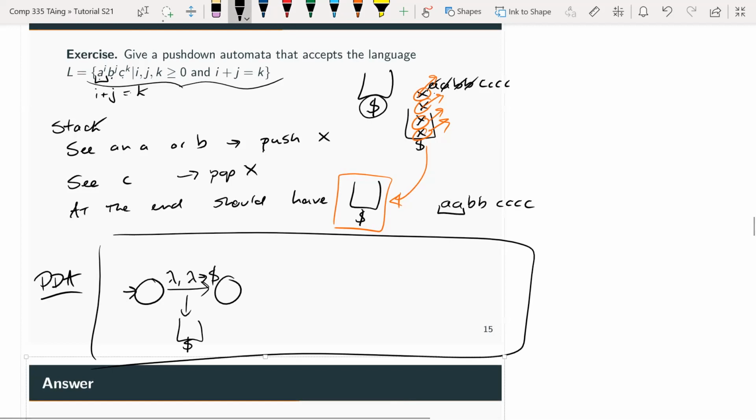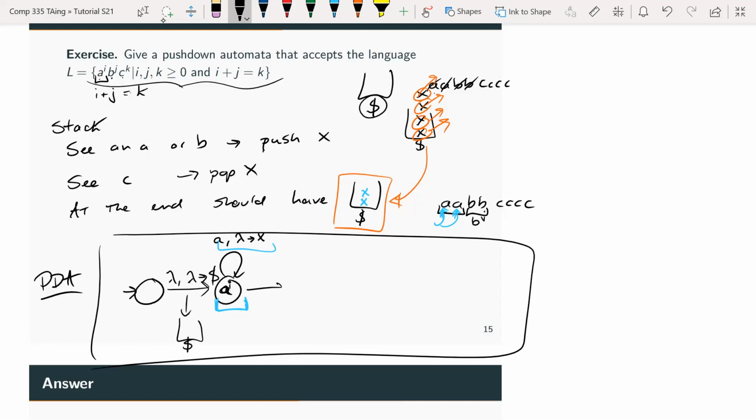So this state is going to be used for A's. I'm going to read A's, and for each A that I read, I'm going to push an X, okay? So imagine you have two A's, then you're going to use this state and this transition. You go to this state here, read an A, and by reading an A, you push an X, right? And then go to the next state, read another A, and push another X, okay? Then at that point, you're going to go to a new state for the B